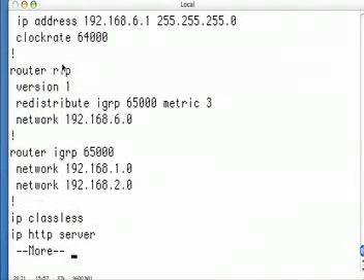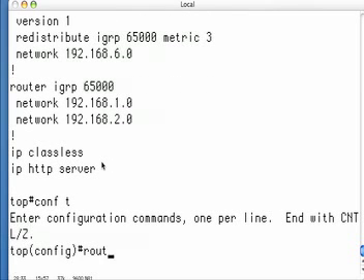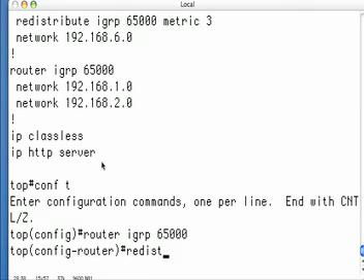So here, on router RIP, I am redistributing IGRP into RIP with a metric of 3. But I am not redistributing anything into IGRP. So let's redistribute into IGRP. Conf T, router IGRP 65000, redistribute RIP